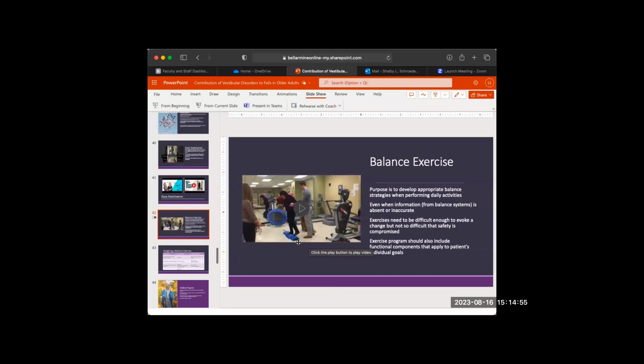But she's standing on the balance beam. The dog comes across in front of her, and she throws a ball across her body for the dog to fetch, and she follows the ball with her eyes. She starts by looking in the mirror and then follows the ball with her eyes, so she's moving in a rotational plane. She's got a lot of visual information by looking at the mirror and across the room, and she's challenging her balance by standing on an unstable surface. So lots of things are challenging her balance, but she has a gait belt on and a physical therapist assisting her, so we're keeping her safe in that way.